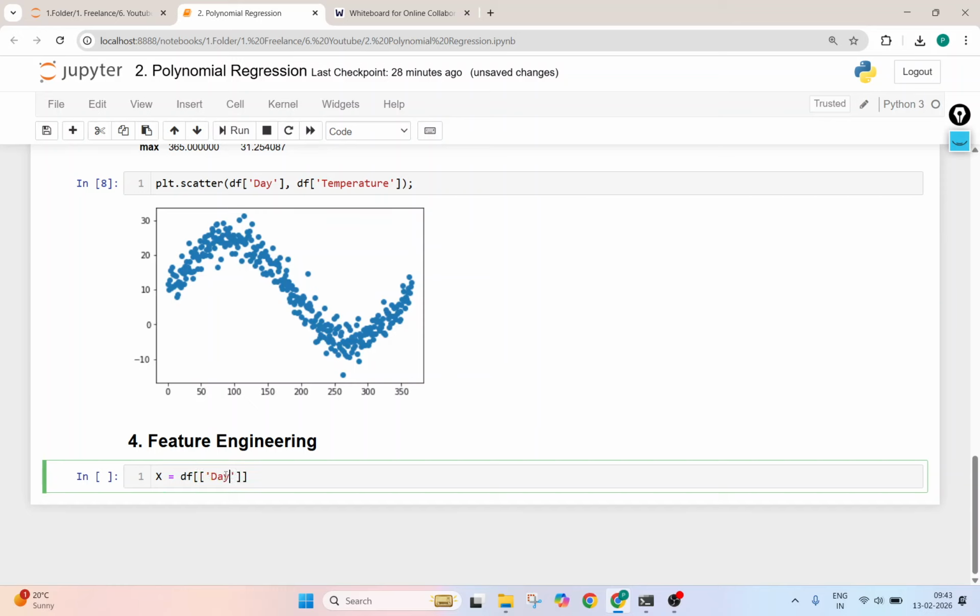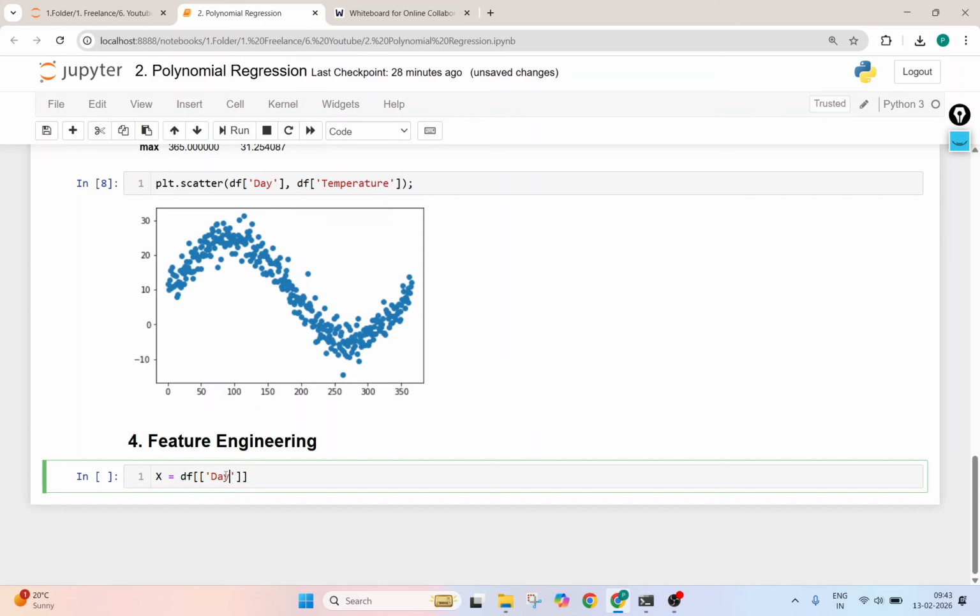All right. So here what we'll do is, I hope you already remember, x_train, x_test, y_train, and y_test, equals train_test_split of x, y,